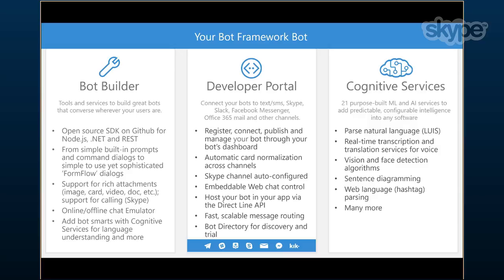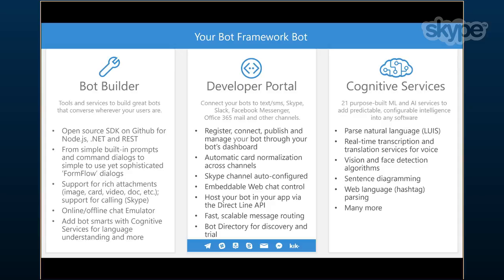By default, the Skype channel is auto-configured. So when you create a bot, it is turned on the Skype channel. That doesn't necessarily mean that the bot is discoverable on the Skype channel. It means that it gives you a very convenient way to test your bot. You can also invite up to 100 other people to use your bot by sending a Skype link to your bot to these people, and they can use your bot and provide feedback on your bot.